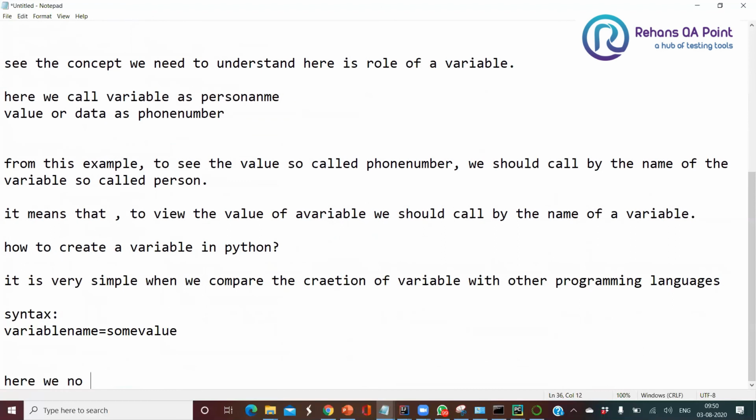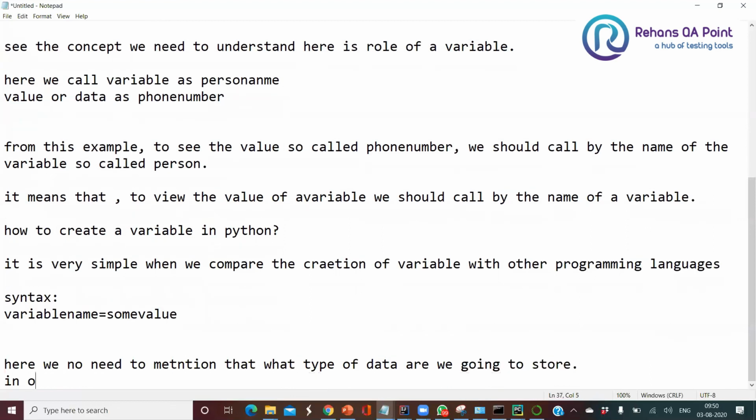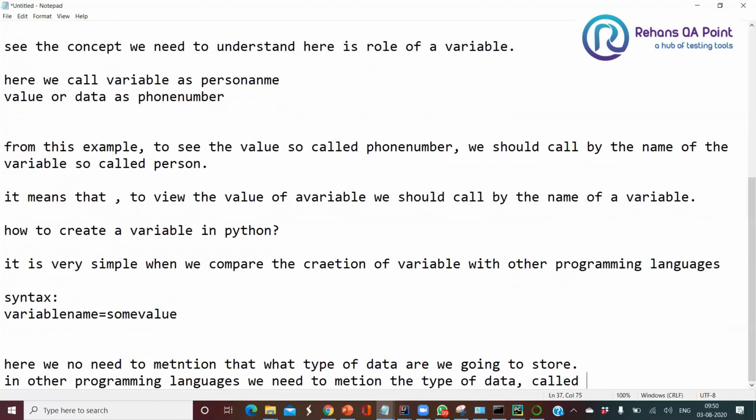Here we need not mention what type of data we are going to store. In other programming languages, we need to mention the type of data, called data types.